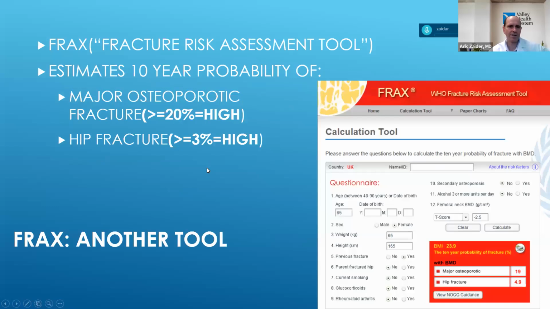I just want to say that it's not just about the T-score. The T-score is useful, you'll see it on the DEXA scan, but what if your T-score is normal or not that bad? Does that mean you're out of the woods? The answer is it depends, because the other big thing about assessing for osteoporosis is what your risk factors are, some of the very risk factors that we talked about. If you have one or multiple risk factors, you may still have osteoporosis even though your T-score is normal. So to account for that and to bring that into the equation so that we're aware of it, we do something called a FRAX.